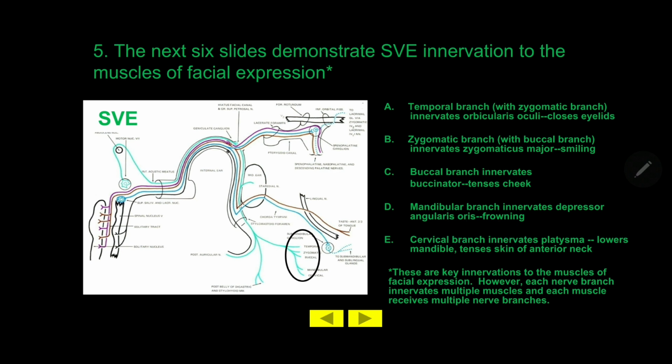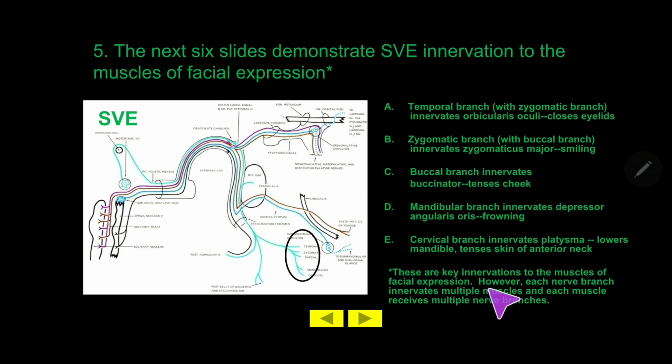So it may help you make this expression of sadness and grief. While the cervical branch innervates the only muscle, called platysma, and platysma has two functions. Basically, it helps in depression of the mandible. It's also called a shaving muscle because it clears the creases on the front of the neck while shaving. You can stretch the skin.